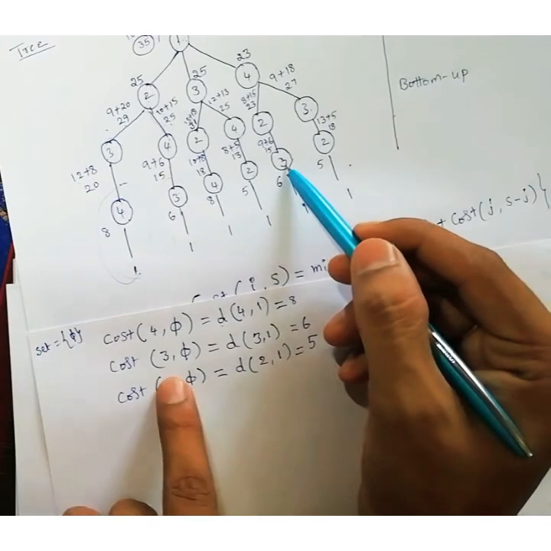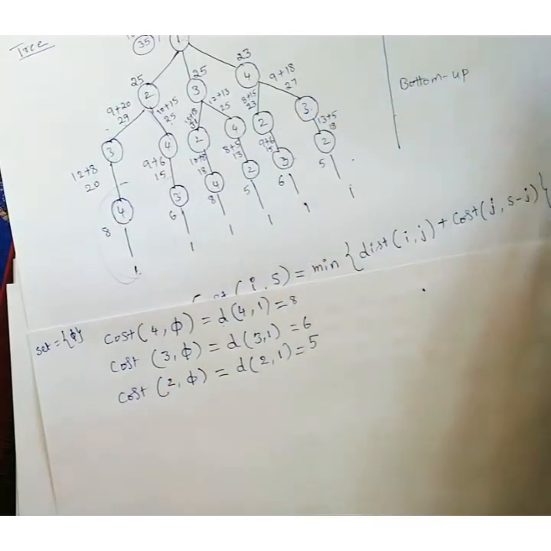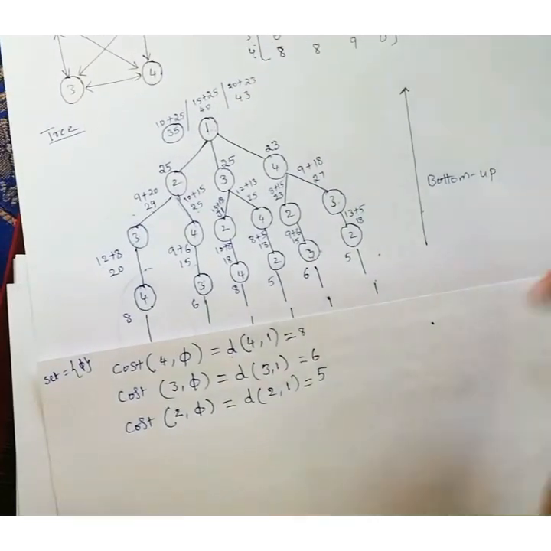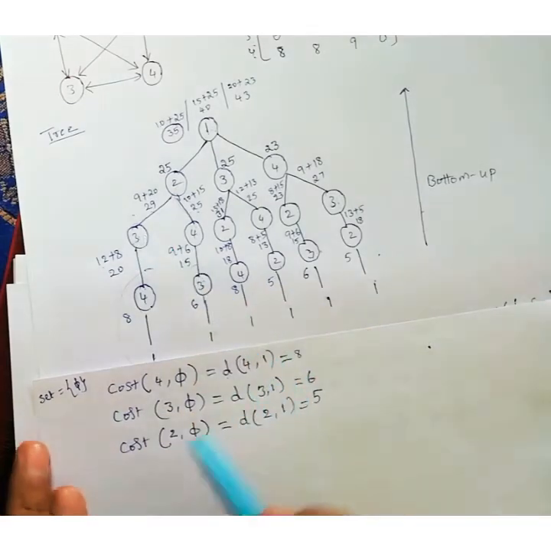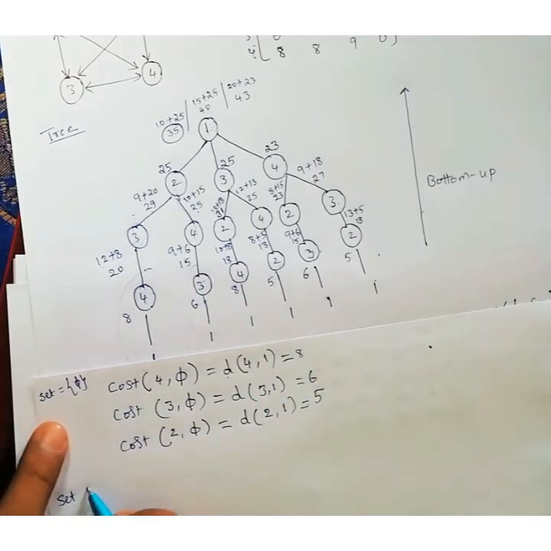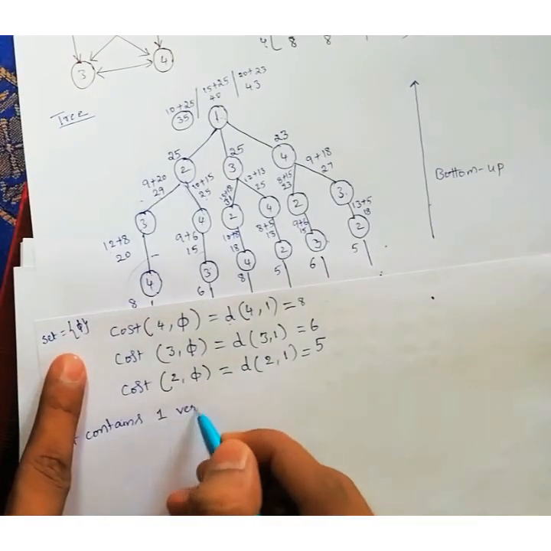2. Next 3 is already calculated. Next 2 is already calculated. Next go to the next level, higher level. So in the higher level, what we are doing? We are having a set of 1 vertex. Here 1 vertex we are having for this set. So set, I will write for your understanding. Set contains now 1 vertex.